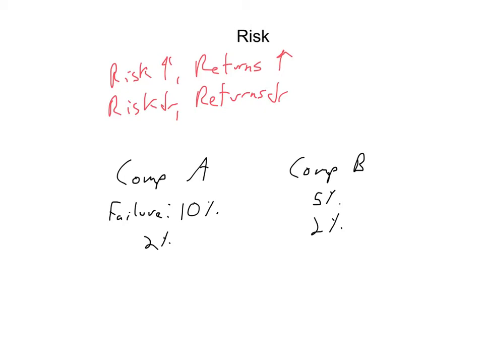Okay, well, you know what's going to happen here is that company B will sell plenty of bonds, and company A won't sell any. Okay, because why buy company A's bonds, which are riskier, when you could get company B bonds that have the same exact payout? So company A is going to have to offer better terms. Okay, the only way for company A to get anybody to buy their bonds might be to offer their bonds for, say, maybe 4%. I'm just making this number up. But this higher rate of return might entice some of the investors who would otherwise have purchased company B's bonds. Okay, they're willing to take on a little bit of extra risk, but only if they are promised a little bit higher returns if it works out.